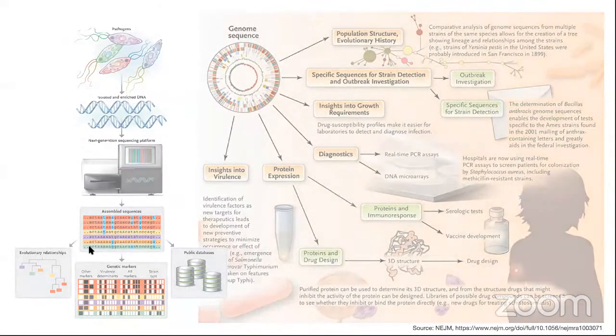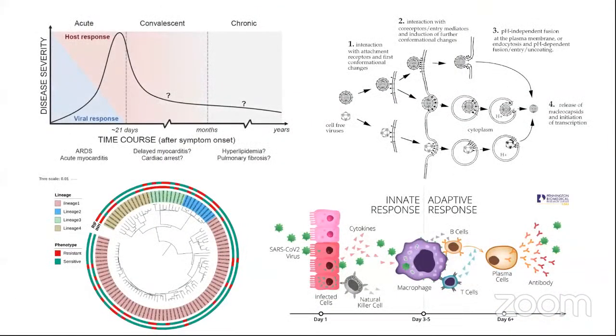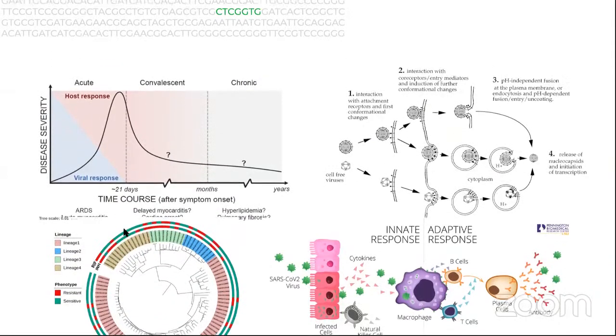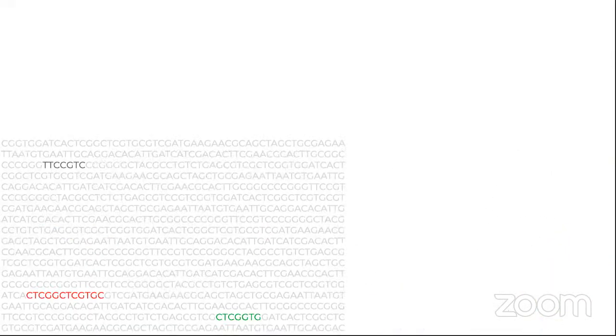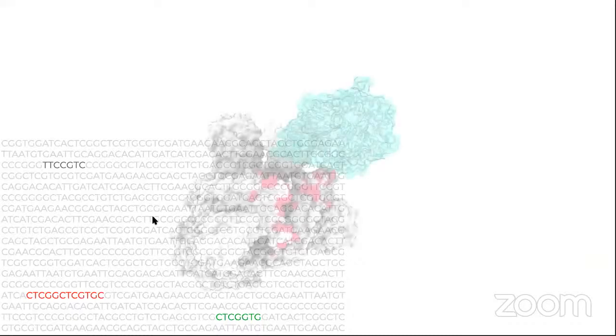So one can also think about differences in viral responses. We can think about different strains. We can think about different types of responses. And a lot of that information could be captured from sequencing. But of course, sequencing could be of many different types. And the important part for us is we will take a look at how from sequence data, we can start